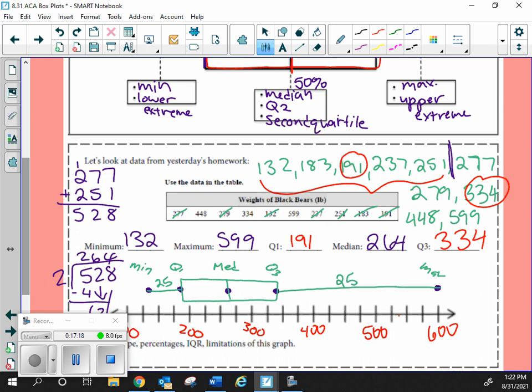So let's look at the difference between Q3 and the maximum value. What was the difference between Q3 and that maximum value? 334 and 599. Is that a big gap? Yes. Let's compare that to this little whisker over here, between the minimum value and Q1. Is that gap a lot smaller? Yeah, that's about 60, 70, somewhere around there, versus from here to 599, which is like 200, right? So what's causing it to be spread out like that is because my numbers are super spread out.